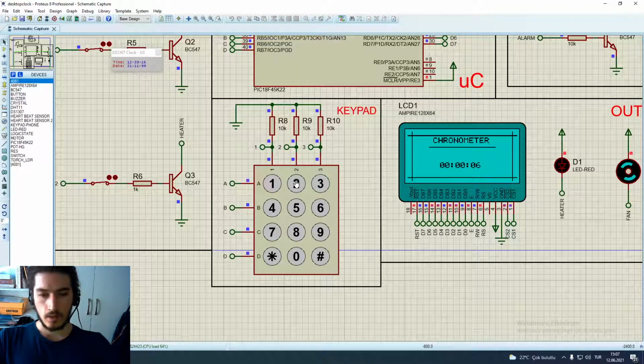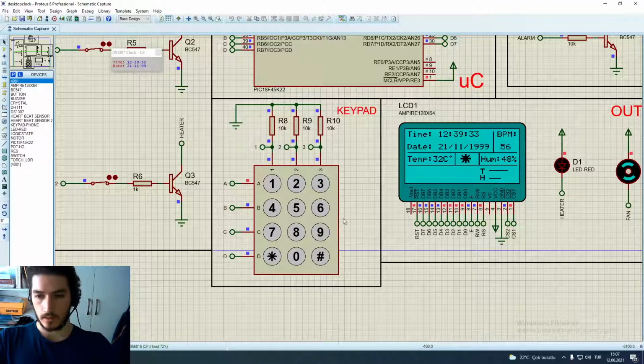Now I can pause it by pressing 2, and it stopped. I can reset it by pressing 3, or I can continue by pressing 1. Now I'm continuing. And if we press 3, it will reset itself, as we can see. Now I'm going back to main screen again, and I will show all of these icons,